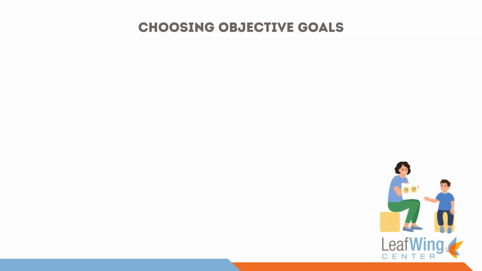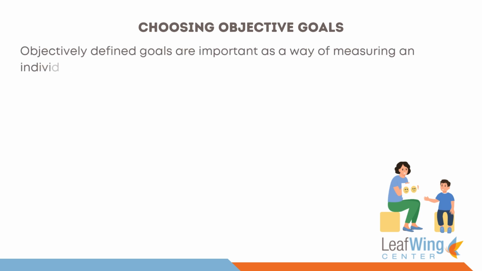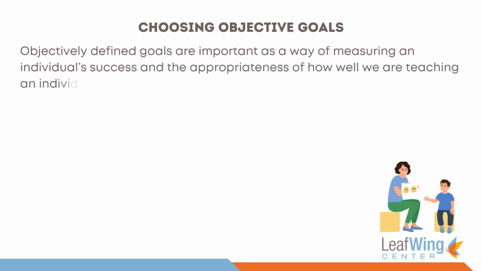Another part of goal setting in an ABA program is choosing objective goals. Objectively defined goals are important as a way of measuring an individual's success and the appropriateness of how well we are teaching an individual the desired skills. When goals of the treatment program are defined in observable and measurable terms, data in a treatment program shows if a child is making progress towards the end or final goal. However, if the goal is vague, such as teach social skills,